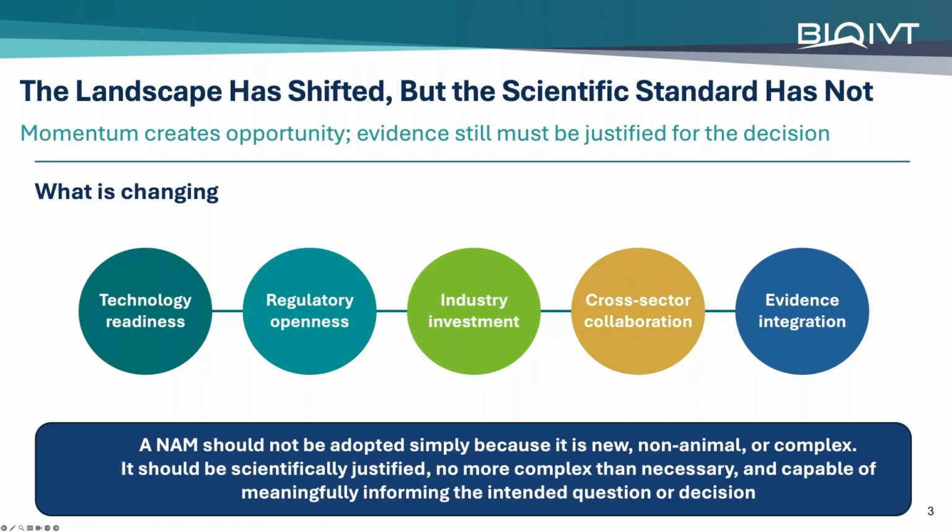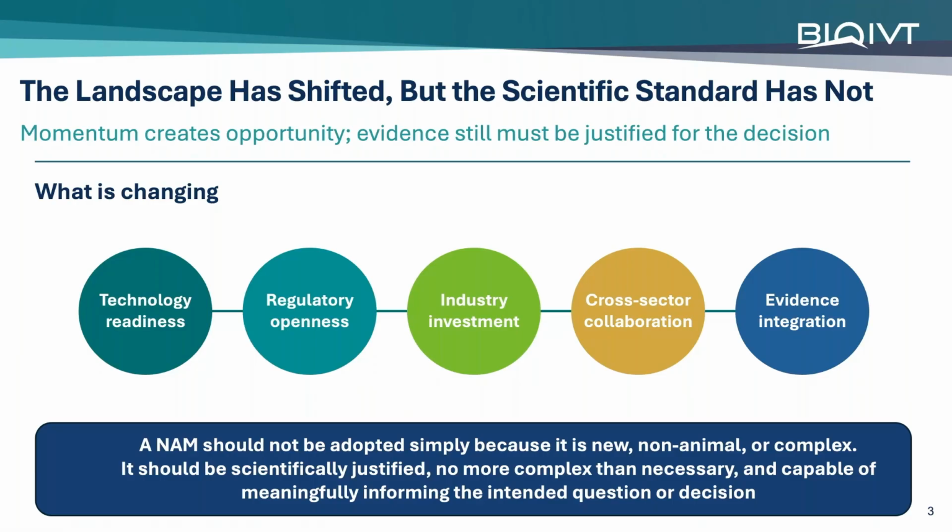And I'd argue that those considerations become more important as the range of available models expands. Today, we can choose among cell lines, primary cells, co-culture, spheroids, organoids, microphysiological systems, ex vivo tissues, in vivo models, and computational approaches, as well as combinations of all of these. That breadth is a major advantage, but it's only an advantage if we have a disciplined way of selecting among those options. So the real opportunity is not simply that we now have more models, it's that we have more ways to construct evidence packages. And that means the scientific rationale for choosing a particular approach becomes even more important.